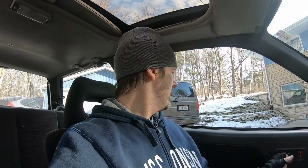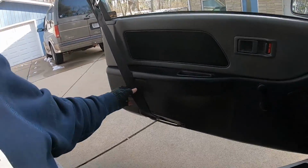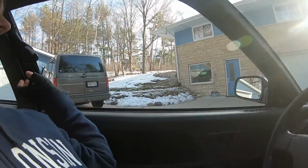This is the second gen of the EF hatch. So the 88, 89s had traditional seat belts. The regulation said, Honda, you either need to have airbags or some sort of active restraint system. So what they did is they mounted the seat belts in the door here. And the way they argued that they didn't have to have airbags was if you